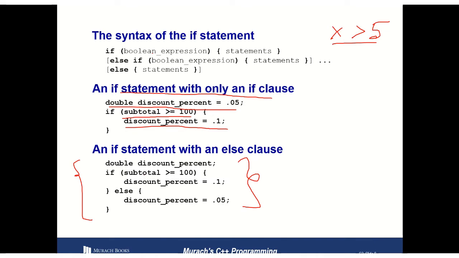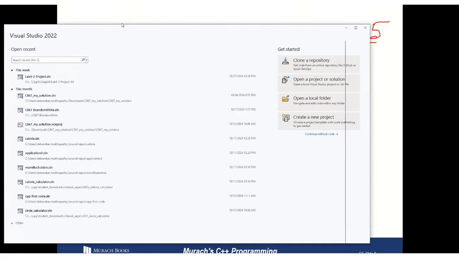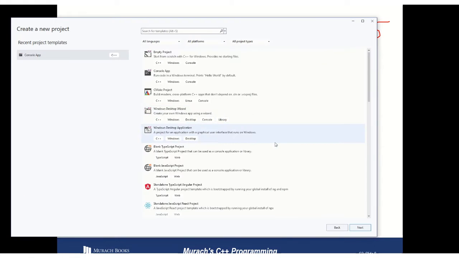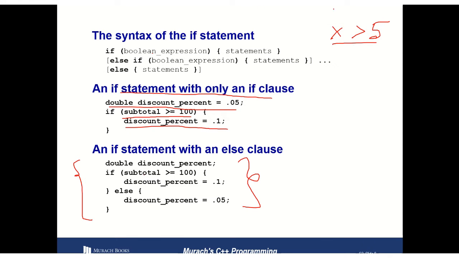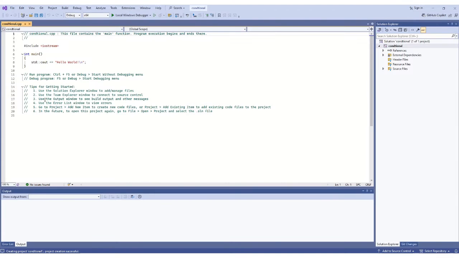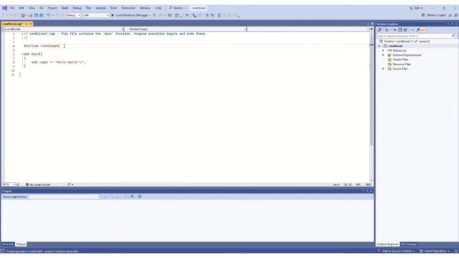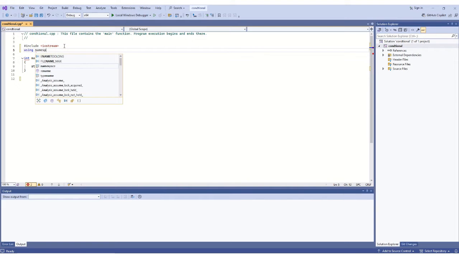So let's do an example, the same discount. Let me open up Visual Studio. Let's create a new project. It's a console application. Next, and we can name it conditional. The project name is conditional. So I am opening the project. This project is created. Now we can delete all these lines and focus here. We can write using namespace std,